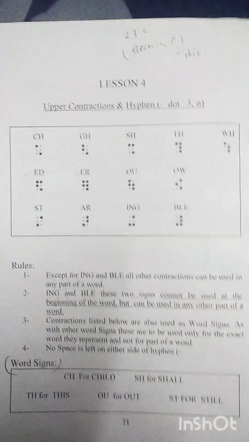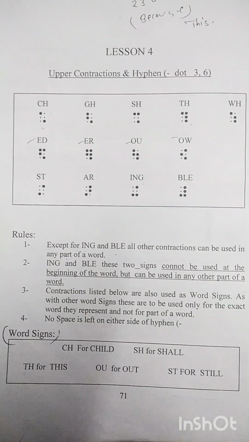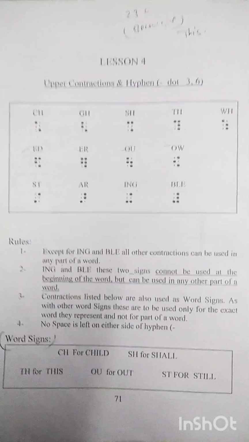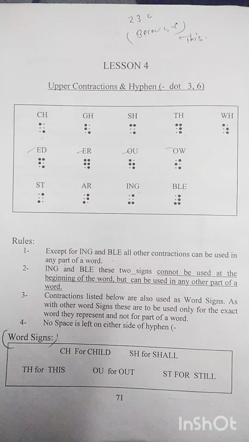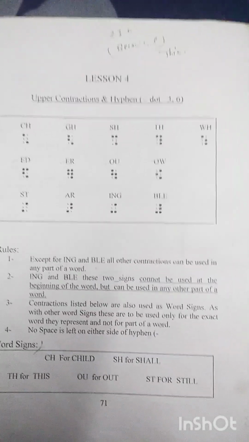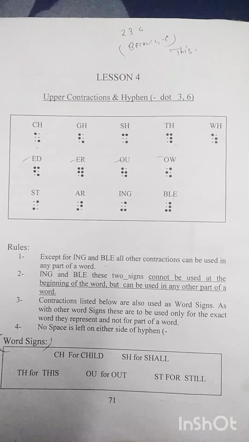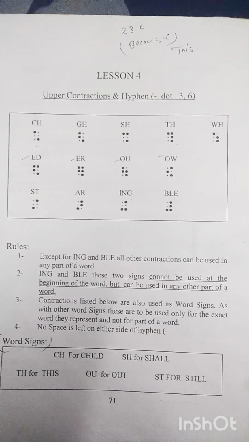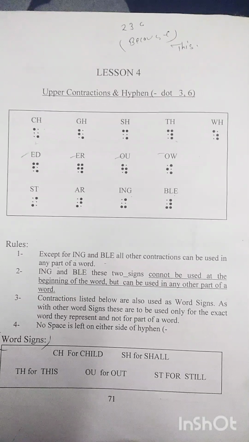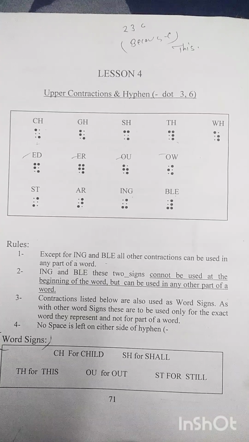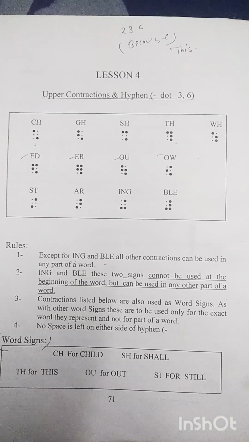Now for GH, you write 1 2 and 6. For SH, 1 3 6. For TH, 1 4 5 6. For WH, 1 5 6. For ED, 1 2 4 6. For ER, 1 2 4 5 6. For OU, 1 2 5 6. OW, 2